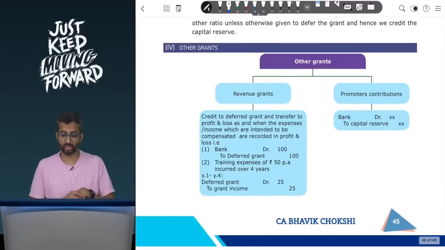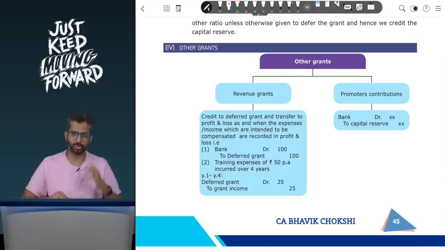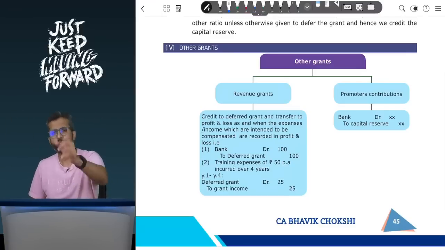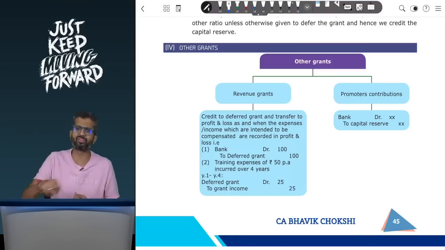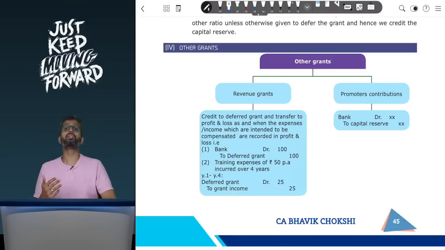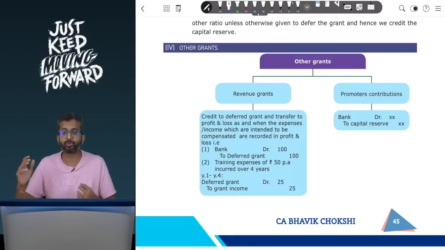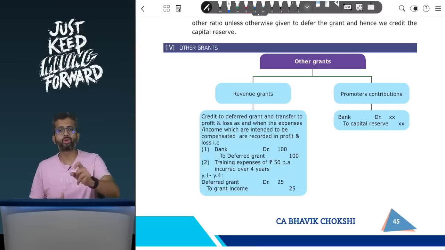Other grants can be in the nature of revenue grants. Revenue grants may be, let us say, grants in order to encourage entities to sell at a lower price. The government says that you are going to sell cylinders at 500 rupees, you sell it at 300 rupees, I will give you 200 rupees. That is not a grant to acquire a specific asset, but that is a grant for subsidizing, let us say, an income or an expense, in which case you can either show the grant in the P&L account as an income, when, let us say, the sales do happen,